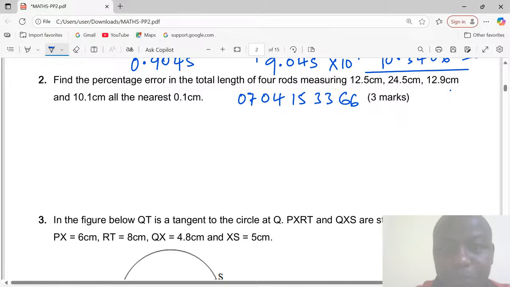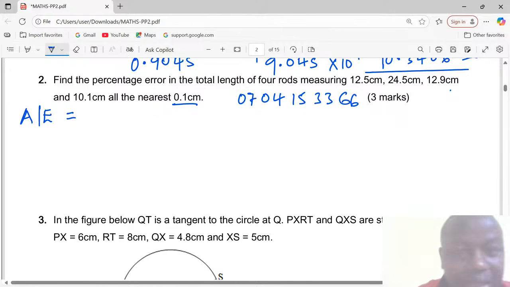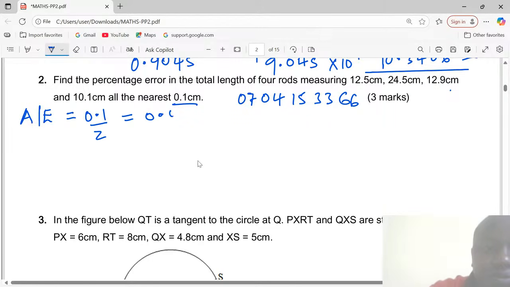Find the percentage error in the total length of 4 rods measuring. We are given the accuracy as 0.1. If this is the accuracy, we can find absolute error. There are 2 types of absolute errors here: absolute error incurred in the recording of the dimensions, and absolute error incurred when operations are done on the measurements. So absolute error on the recordings is given by accuracy divided by 2. Therefore, the first length, which is 12.5, we can now find the range within which it lies. So 12.5